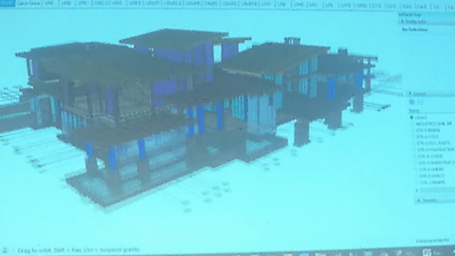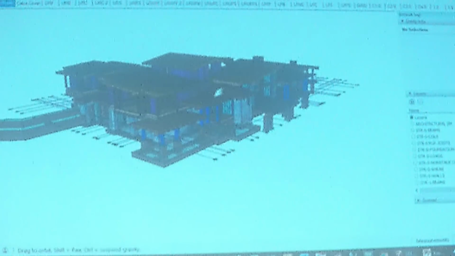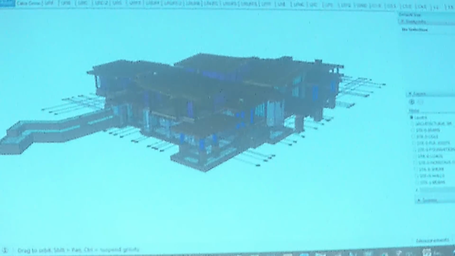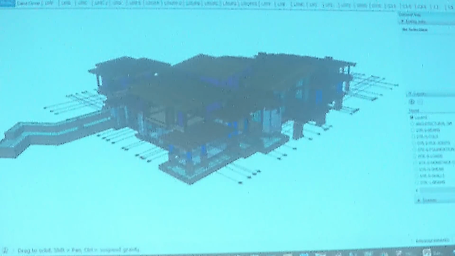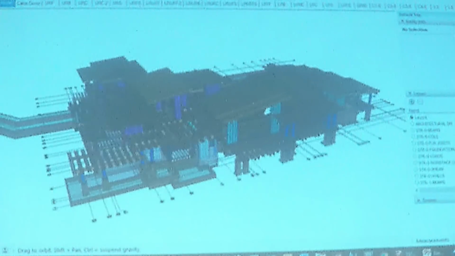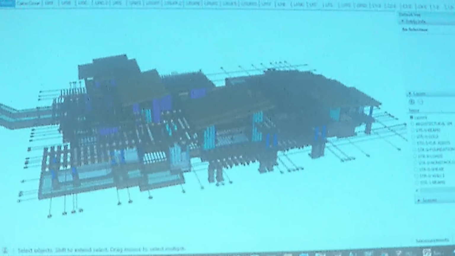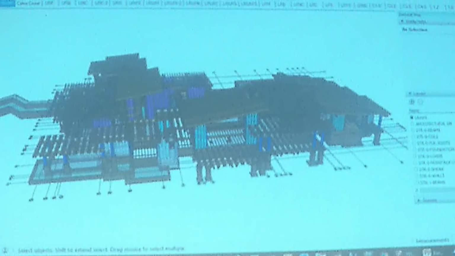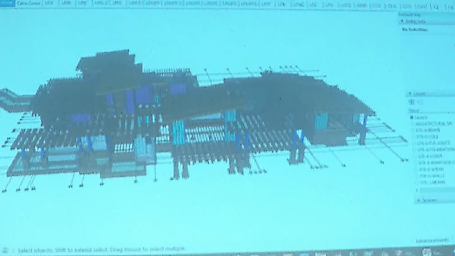So here's our entire model. We've actually built our grid lines into the system, so when we're talking with Nick or any architect, we can describe a certain area. Because when he says it's the media room, I'm like, well, I've got to go back and find where the media room is. So with one click